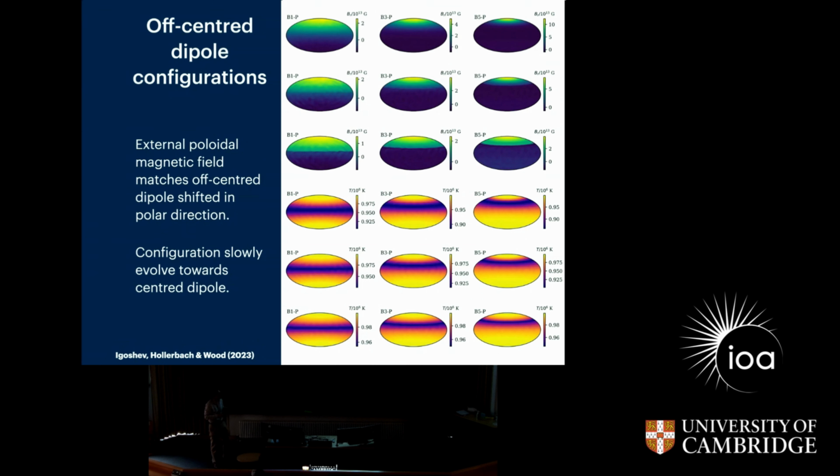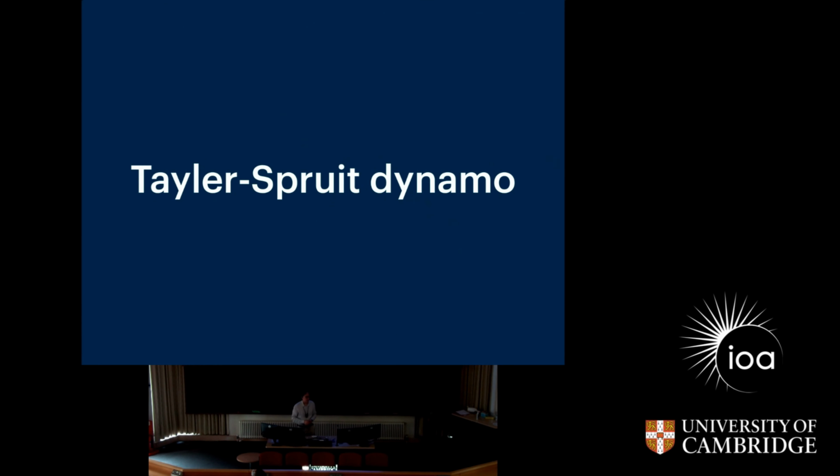So to some extent, an off-center dipole configuration could mimic properties of poloidal plus toroidal magnetic field in terms of thermal maps. But of course, you won't get as much toroidal magnetic field. We didn't put any toroidal magnetic field in these configurations. So now what would happen if we start thinking about